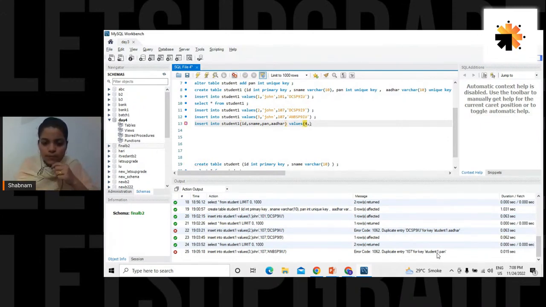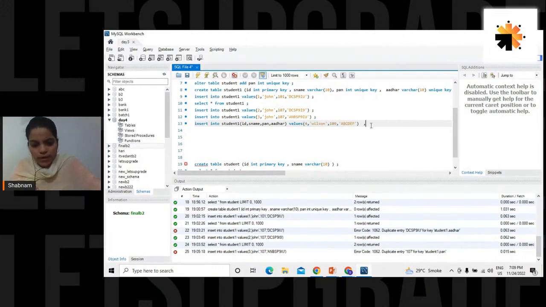Number 4. Say user is Wilson. Okay, PAN number is 109 and Aadhaar number I'm just writing A, B, C, D, E, F. Okay, after that again comma and one more row.